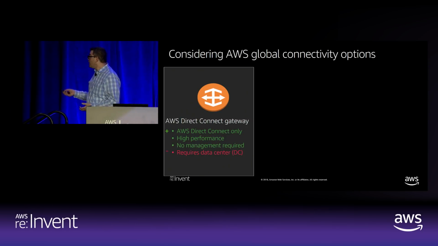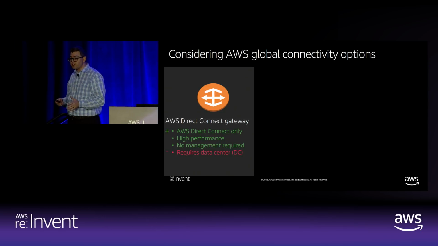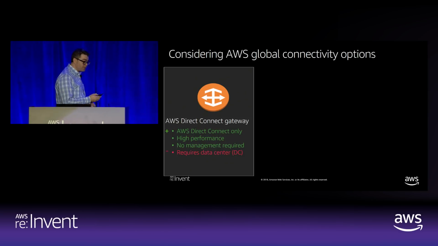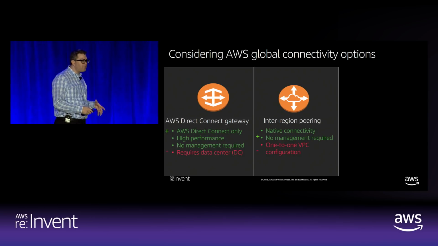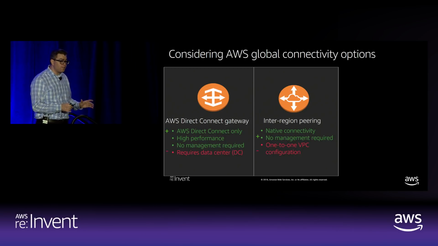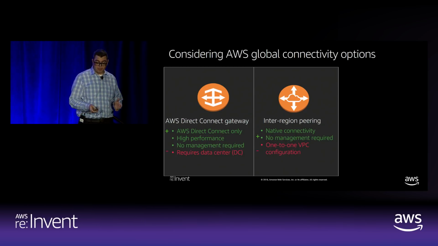Direct Connect Gateway allows you to do regional connectivity to enable multiple regions in AWS down to your data center. The challenge here, though, is that it requires a data center, right? And the goal of this topic is to talk about how do I enable that control plane exclusively in AWS. But it's important to know if you're delivering a solution across your on-premises facilities as well as AWS.